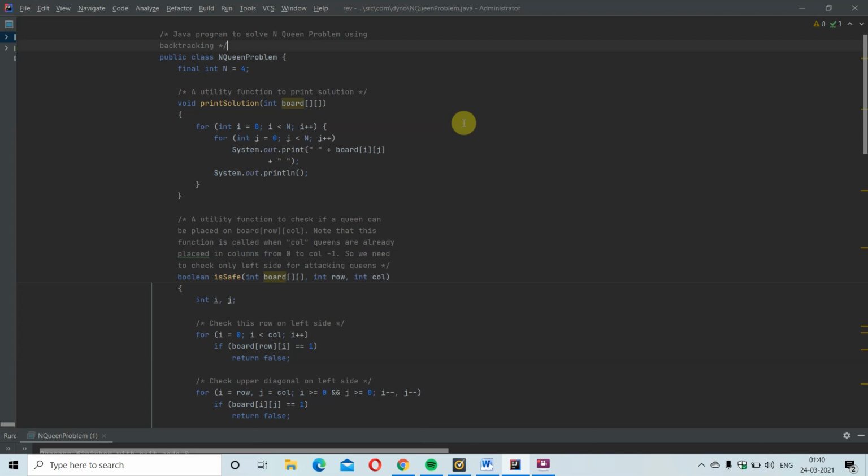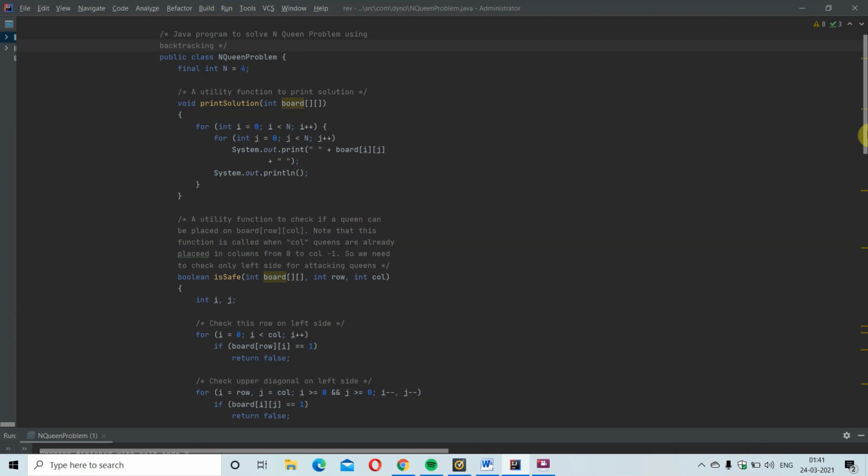I have invoked an integer board array in rows and columns inside the printSolution function, and I am using a for loop to iterate through each of the columns and rows using i and j, checking whether i is less than n and j is less than n. Then I am printing that board. The printSolution function is used for printing the board.